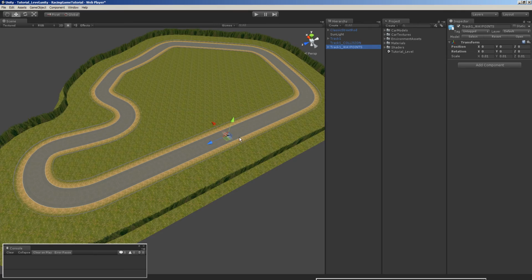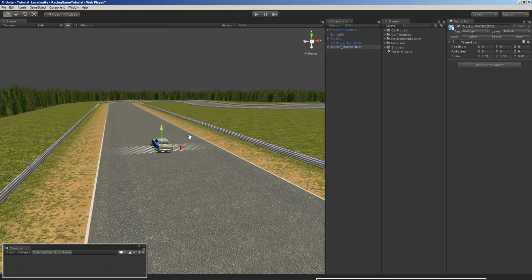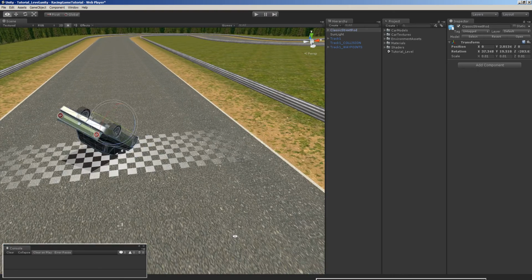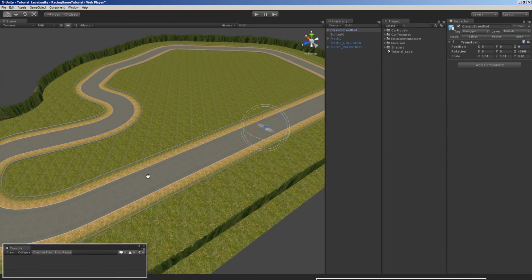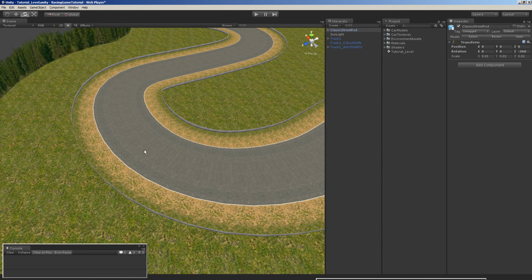It's going to be used for resetting the car when we, assume that we flip our car over. I can't even flip it. Something like Dukes of Hazzard style like that, and we need to reset the car. We'll use the waypoint rotation and placement data to reset that car in the center of the track and facing